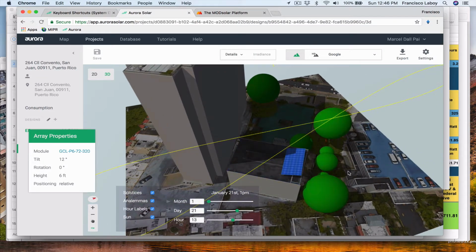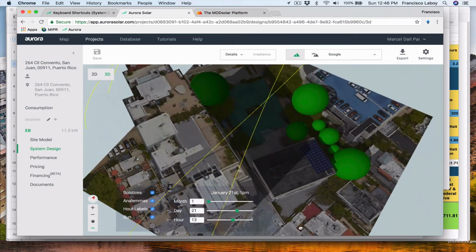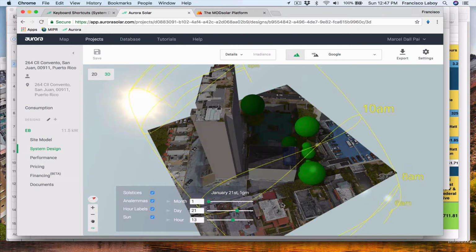So the different trees that you see around, they don't really become any factor. Of course, they need to be built into the design just to make sure that they don't have any type of issue. So I just wanted to show you that